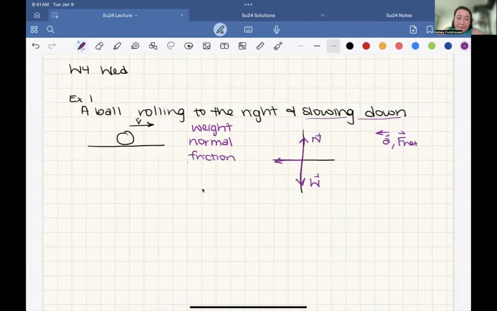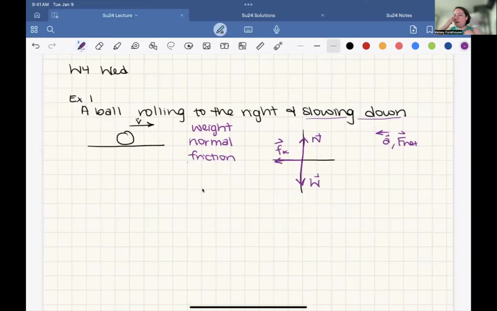And so this is kinetic friction because it's moving. If it wasn't moving, it would be static friction. So that's the curly F with the subscript K for kinetic. Awesome. Okay, so we have our forces and we also know what